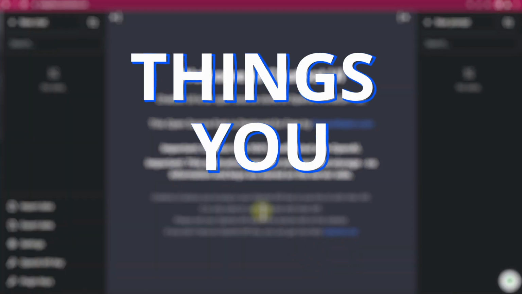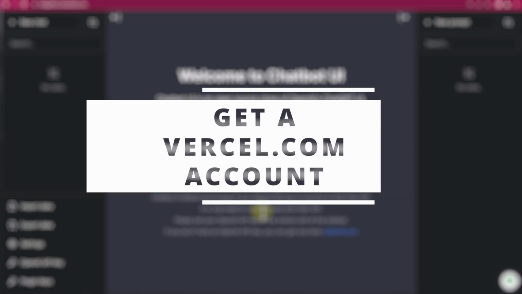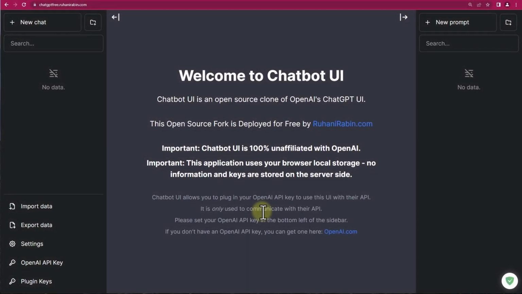So before we deploy this, we need to have a few things on hand. First thing, we need to have a Vercel account. So Vercel.com, a lot of free options, more than good enough, and they allow custom domains, so you can assign your own domain, even in the free plan. This is one of the best places for developers to test out these kinds of apps. So I'm going to show the simplest way you can deploy this in less than 2 minutes.